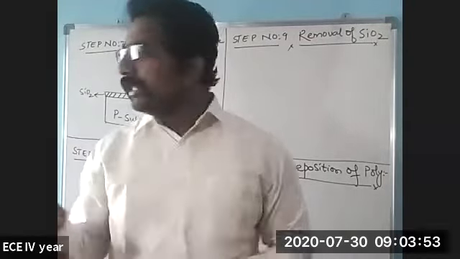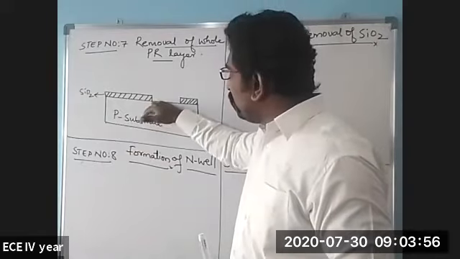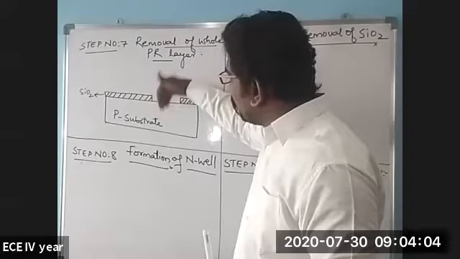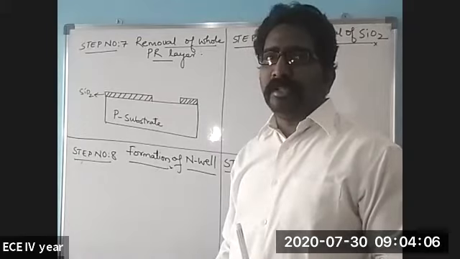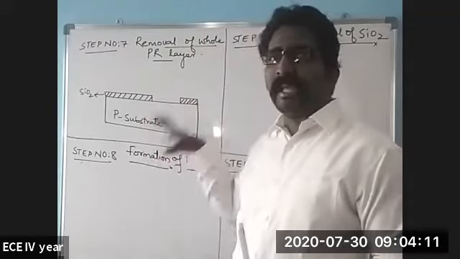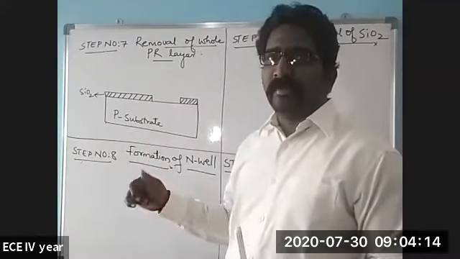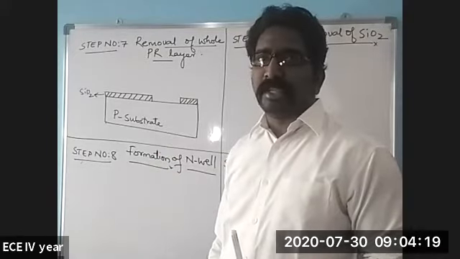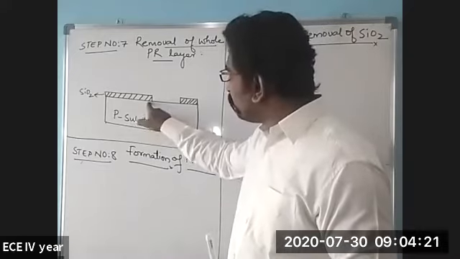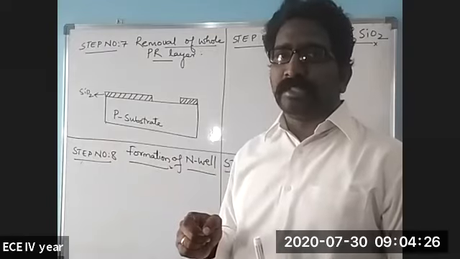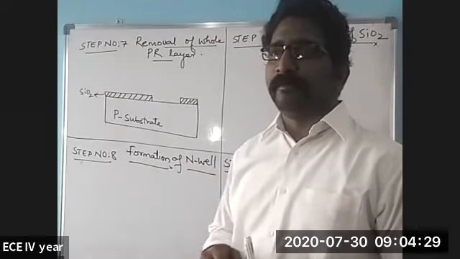It means that here in the area where the entire PR and also SiO2 was laid, in that particular region, the N type of impurities will be diffused by using a diffusion process, so that here N-well will be formed. It means that now that N-well will act as a daughter substrate for one of the devices, and this P substrate will act as a parent substrate to the entire process. So now here in this particular region, we'll be depositing the N type of impurities. N type of impurities will be deposited over here.